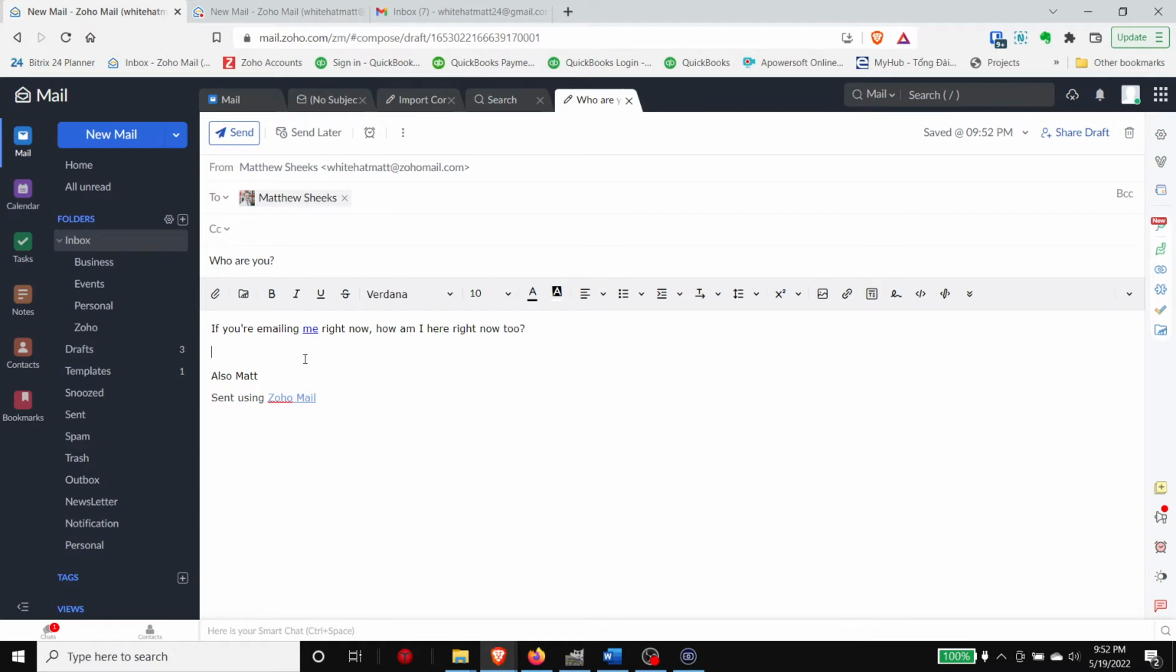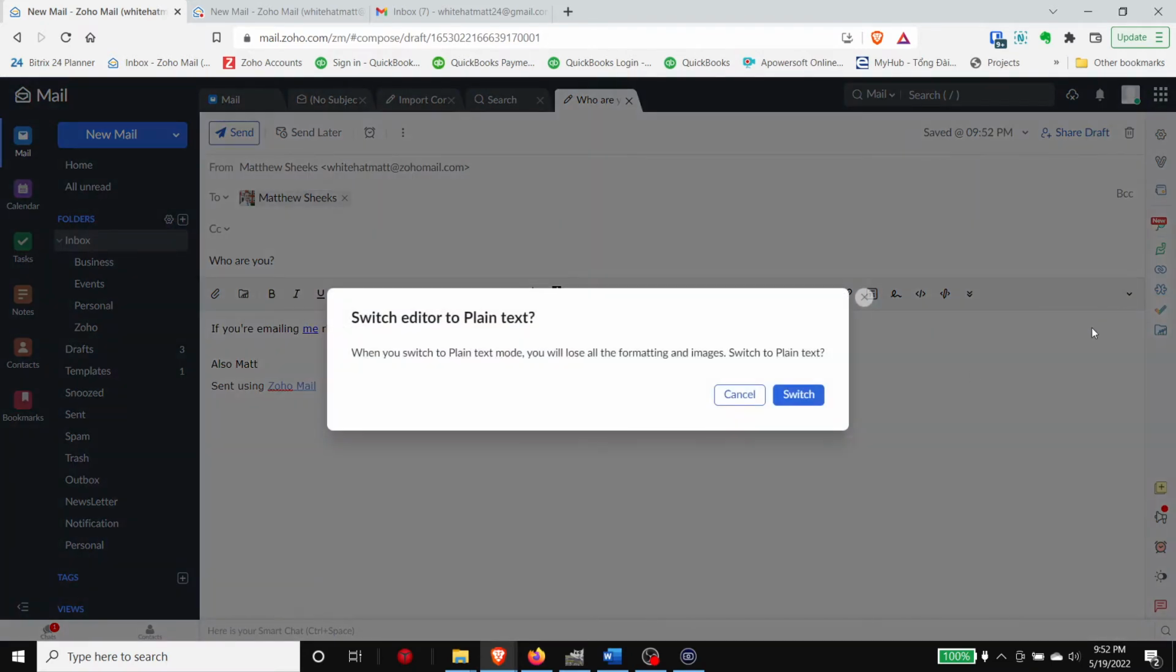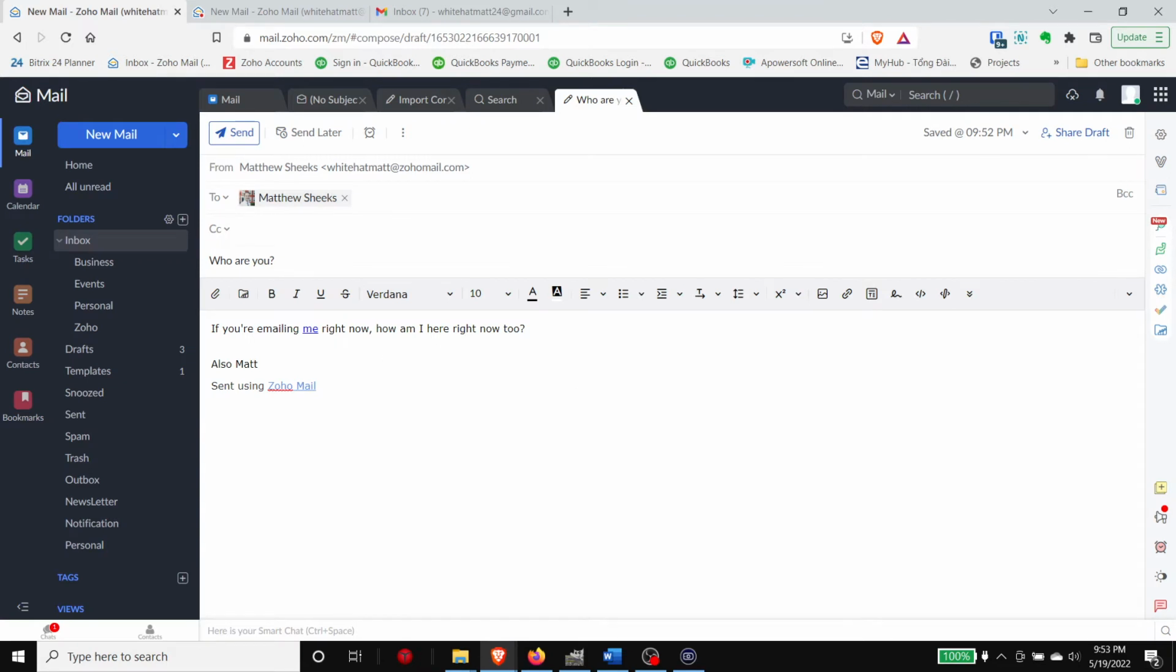So there is basically an overview of writing your emails. Probably pretty basic stuff for most people. What does this do? Oh, there's the plain text version. I'm not going to do that. No one cares about that. Let's look at